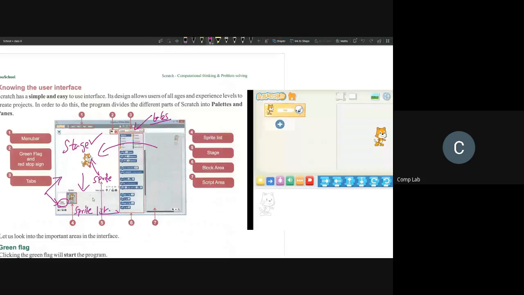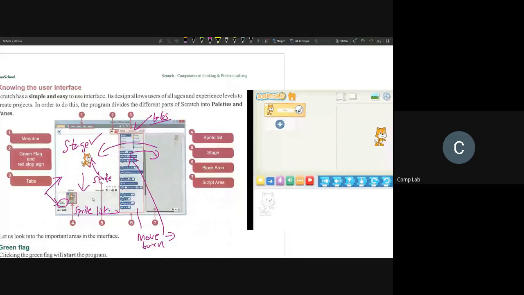Next, below the tabs, we have our blocks. These are all our blocks. We can stack the blocks together to create commands. These blocks will have something like move, something like turn. These are all instructions, pre-written in the form of blocks. We can just drag and drop these blocks into this area here to send those instructions to the sprite.